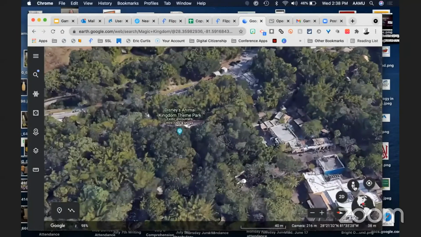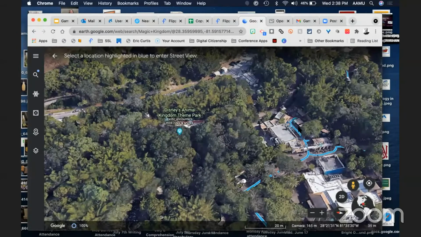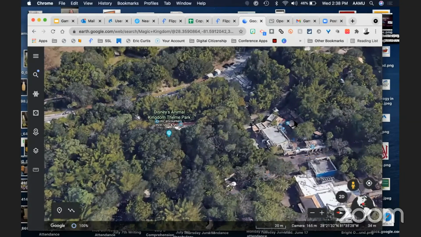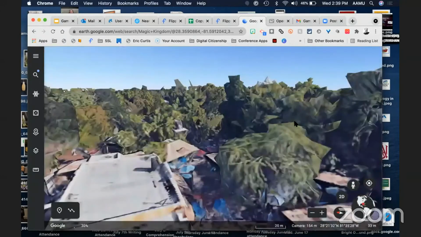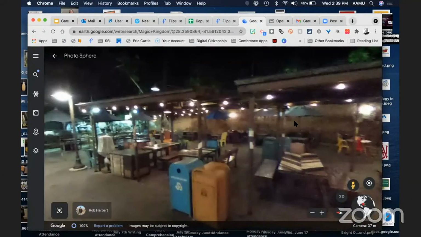So if I click on the person tab here, now I can actually click right over here and it's going to take me all the way down to this area. So now I am inside one of the restaurants, okay? So now I'm able to see that. And where a lot of these pictures are coming from,